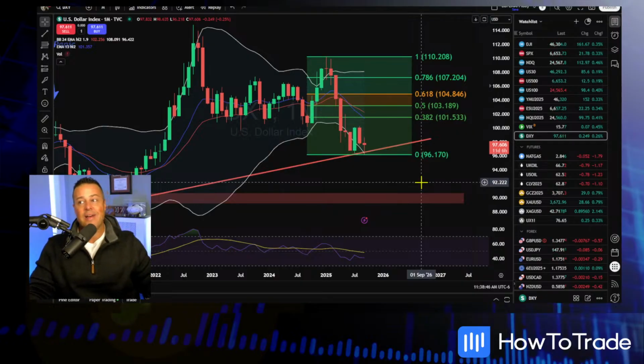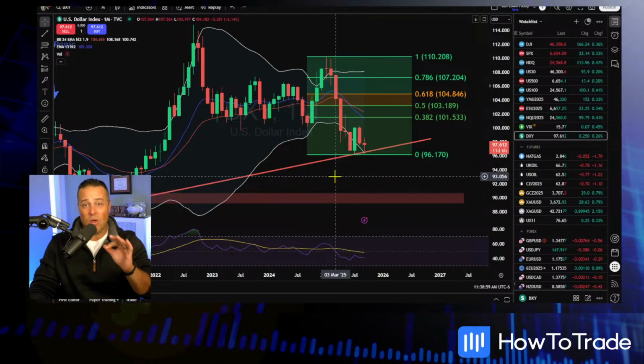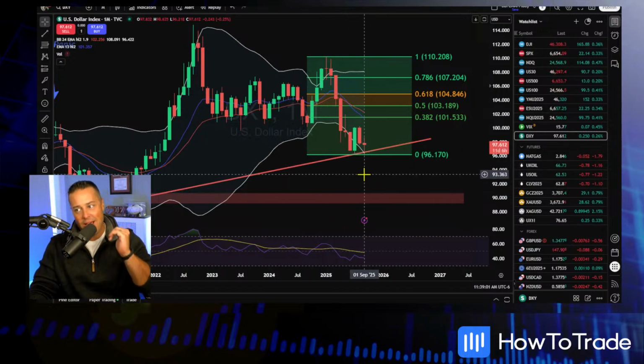So definitely be careful. Be careful if you're holding longs in the dollar index. Be aware of that. It's not a bad trade. If you bought that lower trend line, it's not a bad trade at all. But you got to be careful. Just like we pointed out in that U.S. oil contract, if you see that breakout, don't wait around. Just pull the money off the board, sit back, watch the show, and then get ready.